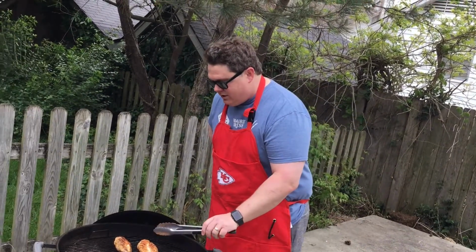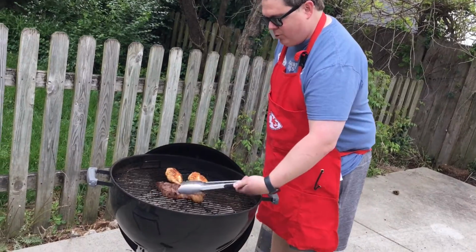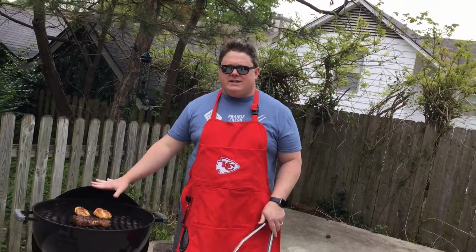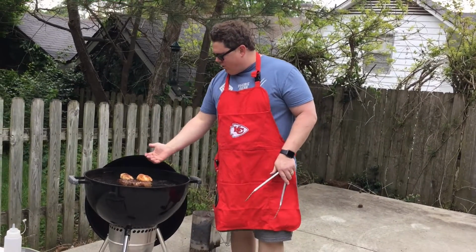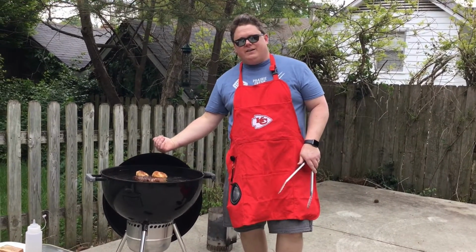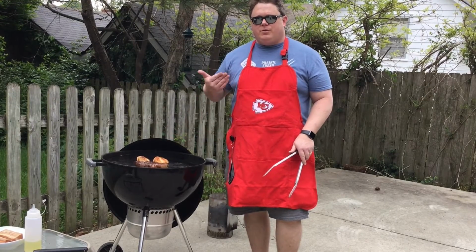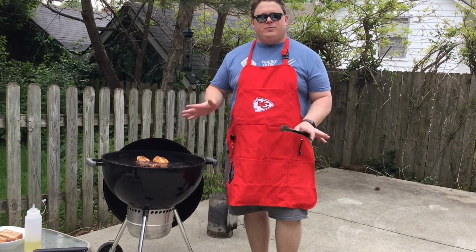But it is okay to flip it more than once, because we want to heat. Now that we have direct radiant heat happening, you are only cooking it from one side, and you don't want the sides to get overcooked. So you want to keep it rotated just a little bit. I'm not going to mess with it a bunch, but